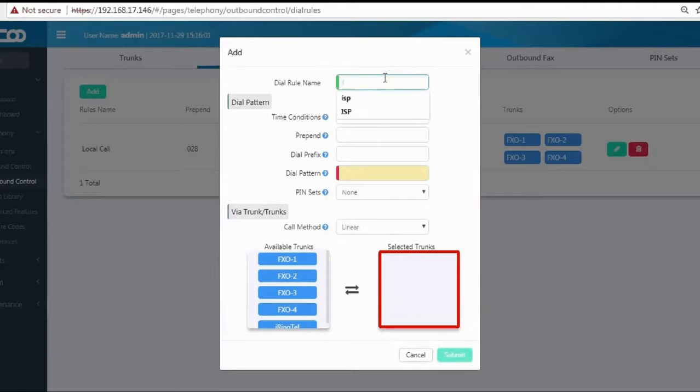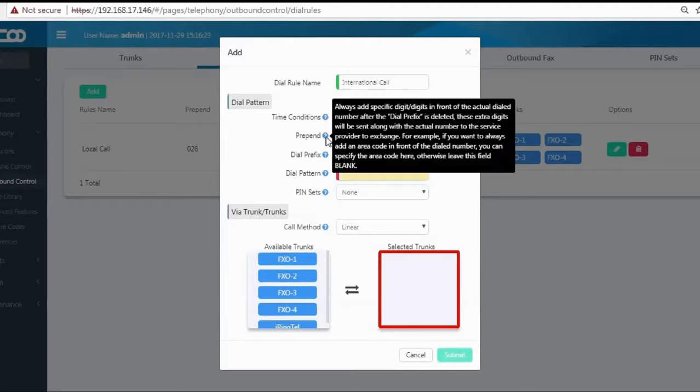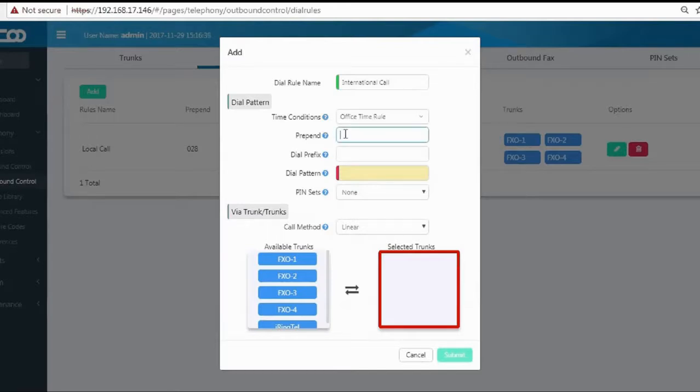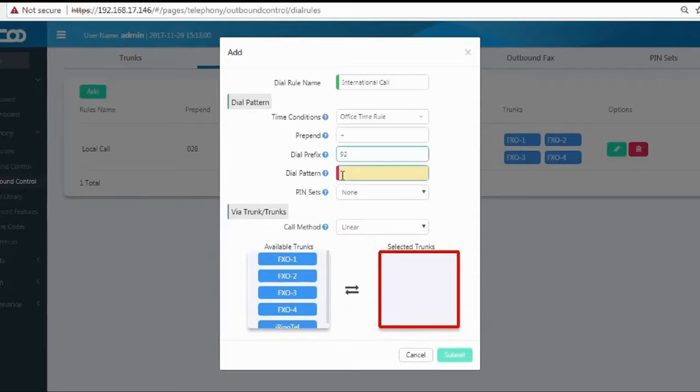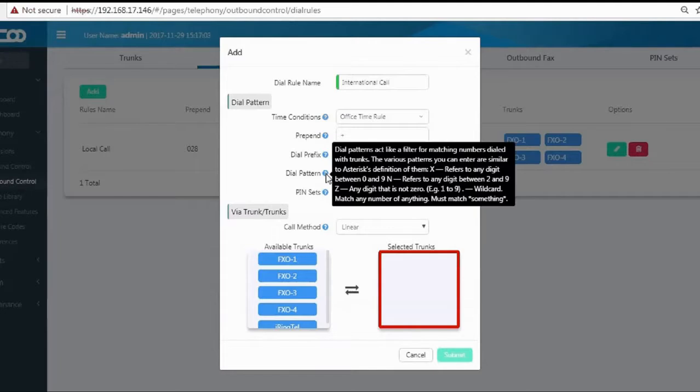I've already set one for a local call. For instance, I may also want to create a rule to make international calls. Again, I can set time conditions should I wish. I can prepend the call should I wish. I can add a dial prefix to the outbound number. I will definitely need to set a different dial pattern to differentiate it from the previous rule. International calls generally start 00,